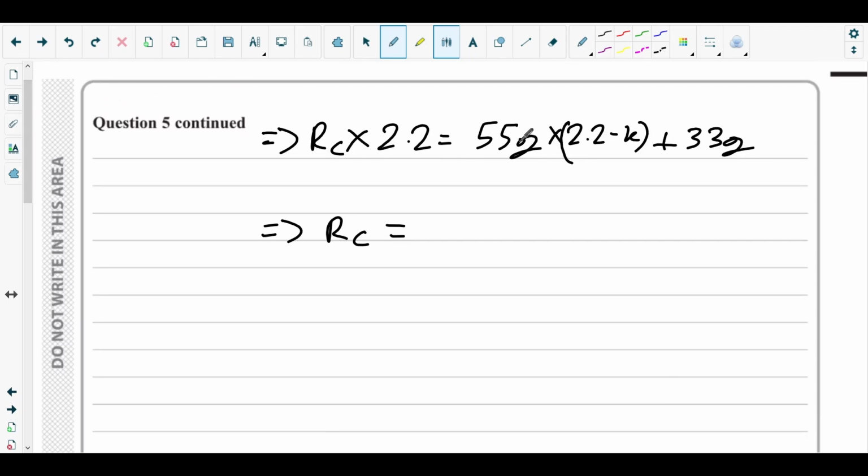So if you multiply 55g, 55 times 9.8 times 2.2, this is basically 1185.8 minus, if you multiply 55 with 9.8, you will get 539x. Plus 33 times 9.8, that would give you 323.4